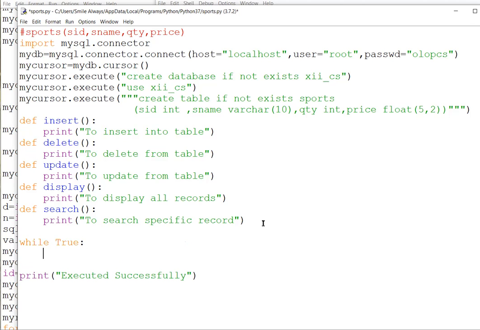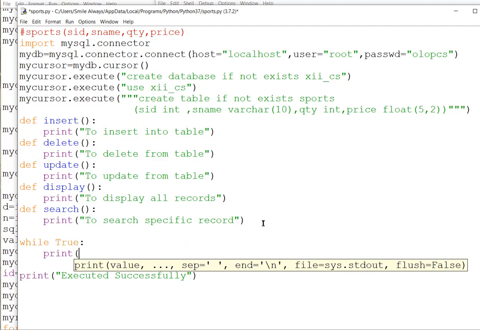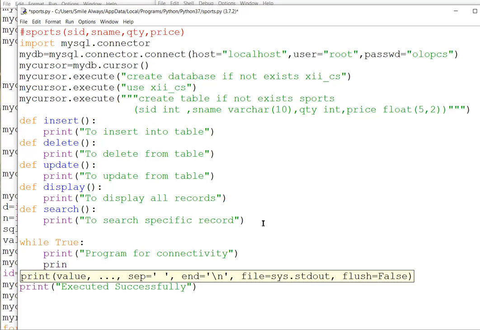For example, print. I'm writing a heading here; you can write anything, for example, program for connectivity. Then after that, print. Now we will show all the choices to the user. One for insertion.